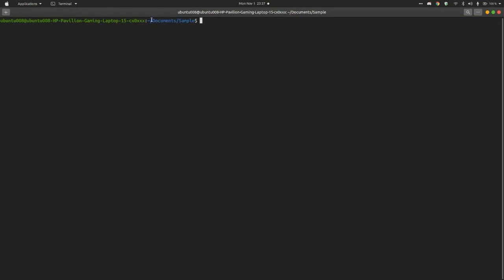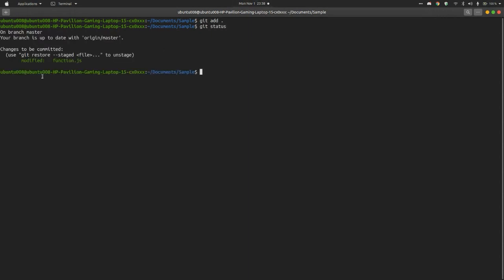I'm in this sample path. First we'll write git add space dot. This will add our changes. We'll type git status, which will give the status of our branch. On branch master, my branch is up to date with origin master, and I have modified the file function.js.